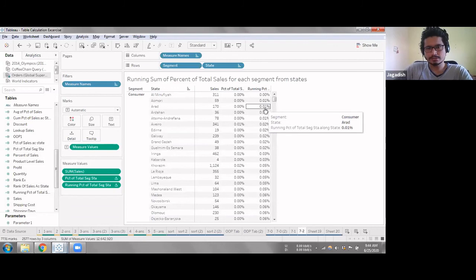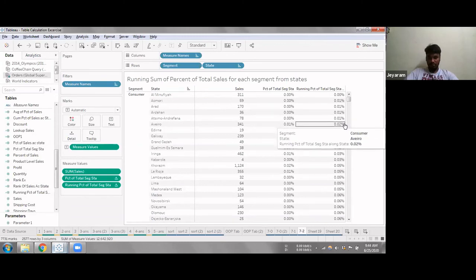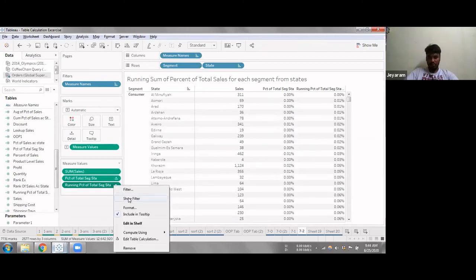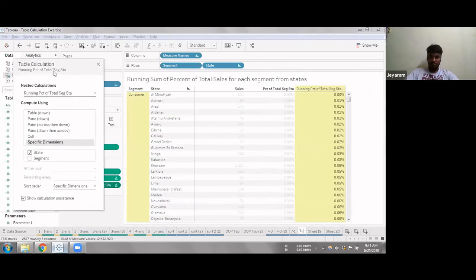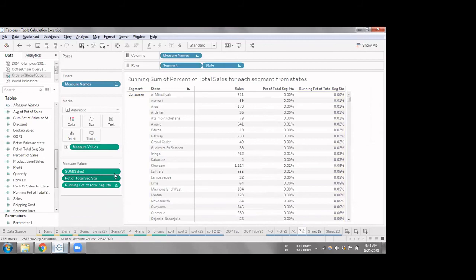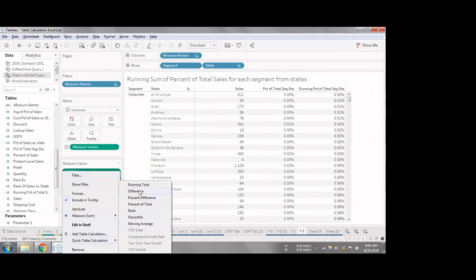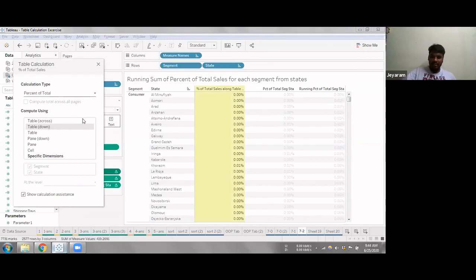Percentage of sales. I think it might be not exactly 0, like less than 0.05 or something.